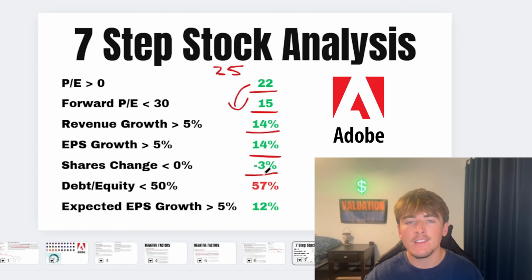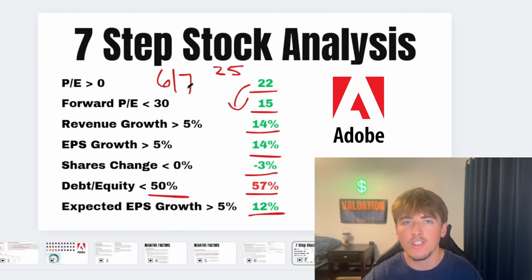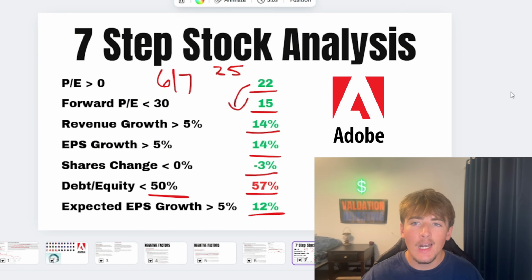So all I have to say is that this is actually a better number than what's here, and I really like that about Adobe. And the total debt to equity ratio is a red X mark, but I would say it's almost about where we want it, where I want it less than 50%. It's at 57%, so it's not too big of a deal. And analysts still expect this company to grow at 12% each year. So with that being said, we got 6 out of the 7 metrics as a check mark, so this is good for Adobe. So with that being said, I'm going to be going over to my intrinsic value calculator, but